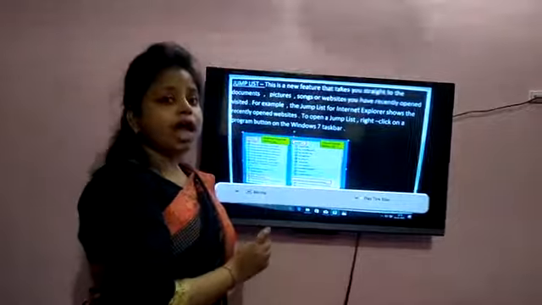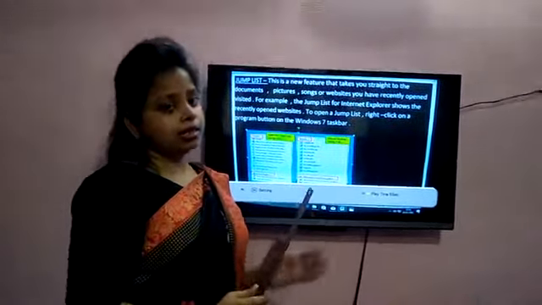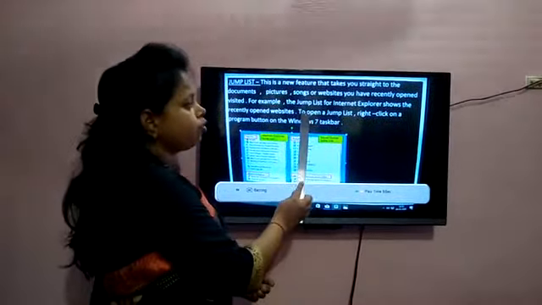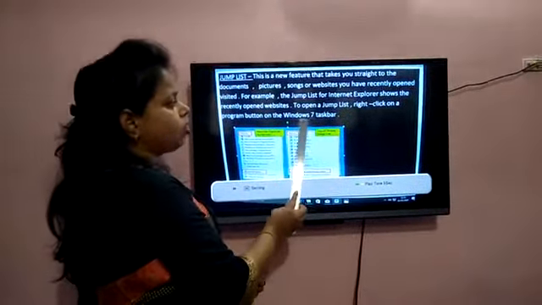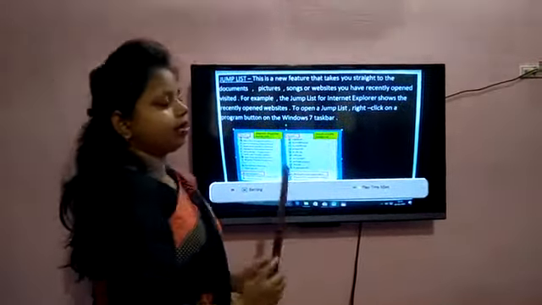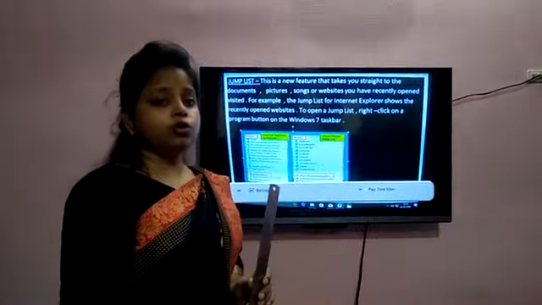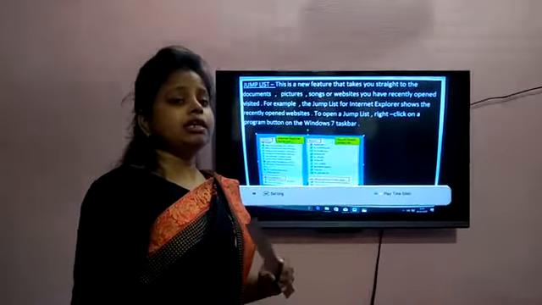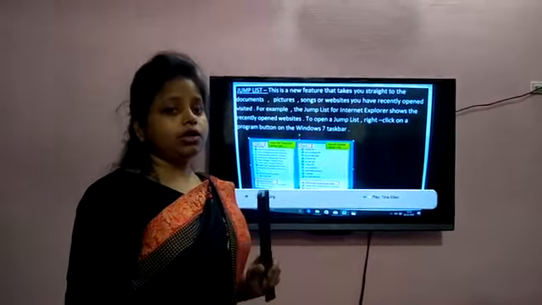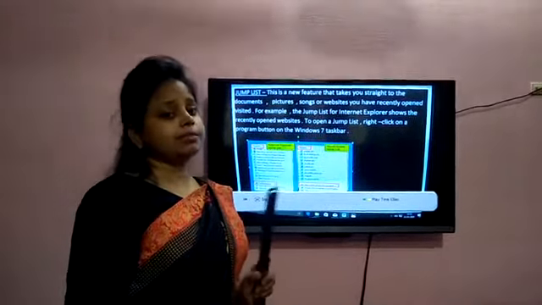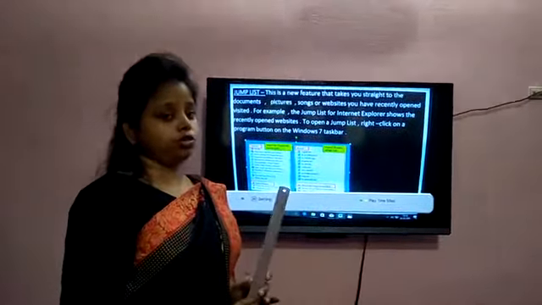What do you have to do to see the jump list option? To open the jump list, right click on the program button on the Windows 7 taskbar. When you open Internet Explorer, you have to right click on the taskbar to see the jump list option.